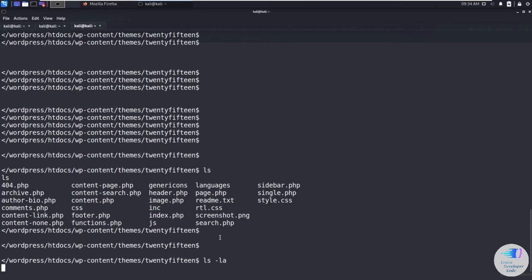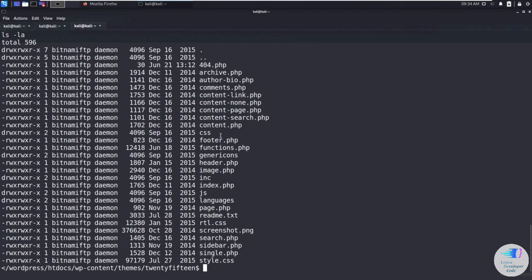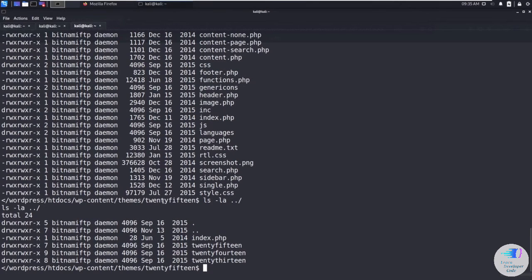Now let's type ls -la. Okay, these are the PHP files. You can see the path: we are in WordPress, htdocs, wp-content, themes, 2015. I want to display the properties of this themes folder. We are the daemon user, and we do not have write access to these folders. Only the Bitnami FTP user can write into these folders, but you can modify these contents